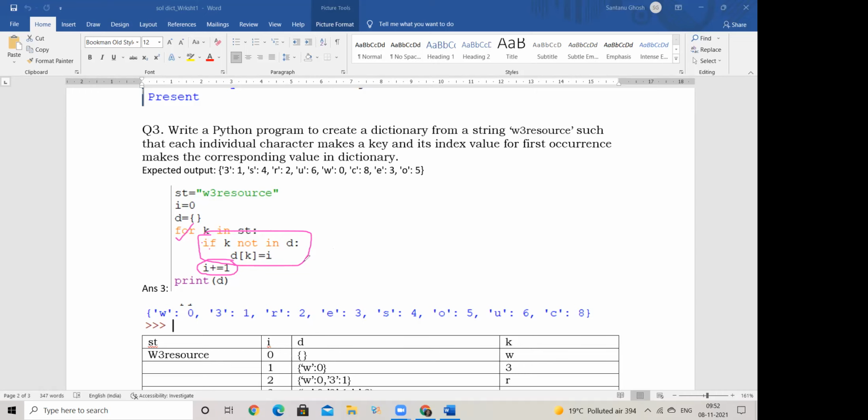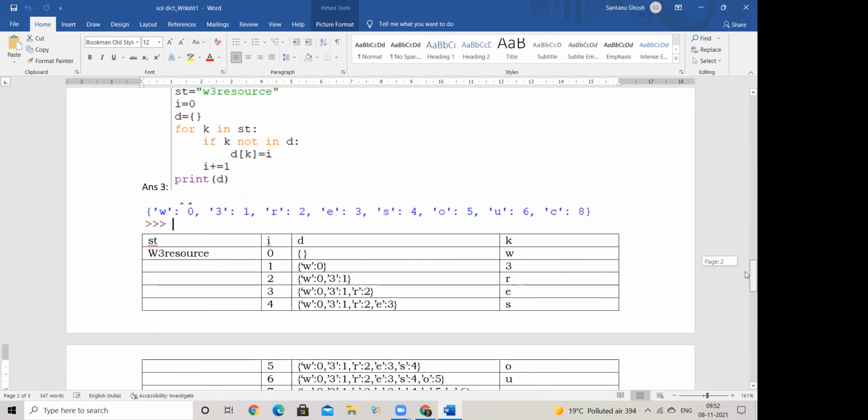Is it fine? And now step by step I've shown you the dry run also here, so you can go through it easily, how exactly this works. This is ST, the string. I is changing every time, 0 1 2 3 4 like that. D is initially blank when it inserts the value the first time. And what does K take every time?